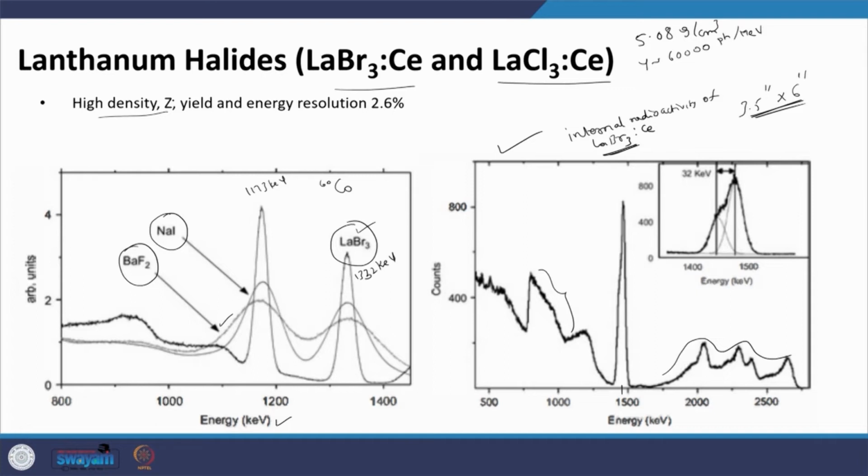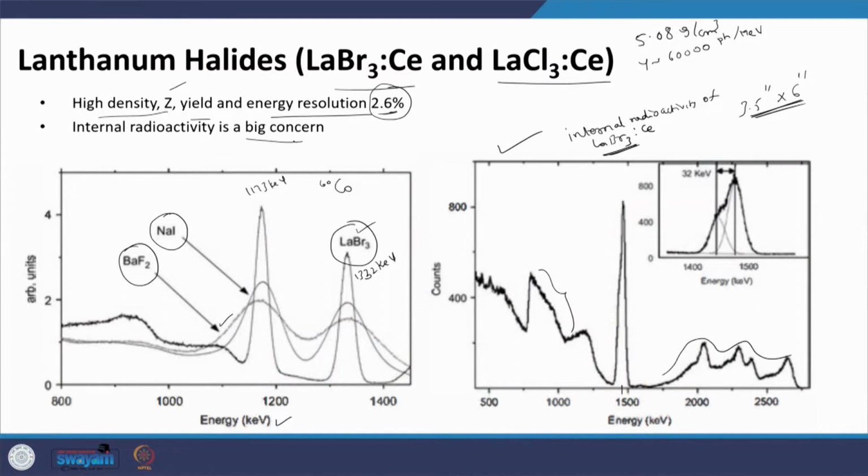As I said, high density, effective atomic number is also quite good, and yield and energy resolution for a small lanthanum bromide crystal, people have reported a resolution of 2.6%. See, the resolution of sodium iodide is about 6%, and for lanthanum bromide it is about 2.6 to 3.2%. So, there is a factor of 2 in terms of energy resolution. Okay? And as I said, internal radioactivity is a big concern,